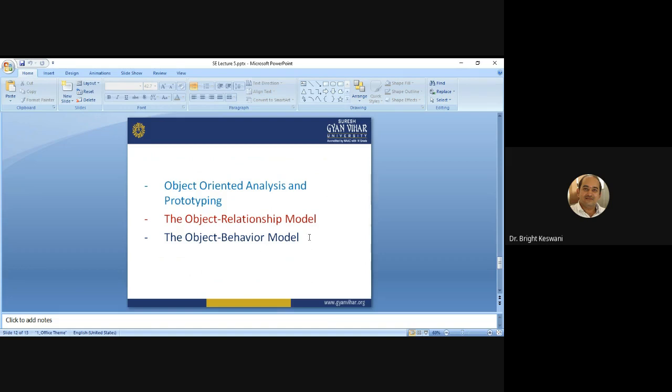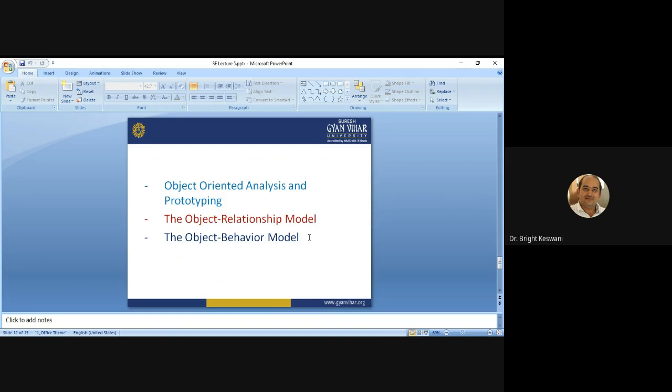These are very simple things, and they are least important because we have already discussed them. We have discussed prototyping and object oriented analysis in detail in our previous classes. The object relationship model and object behavioral model are new things, which we will discuss.